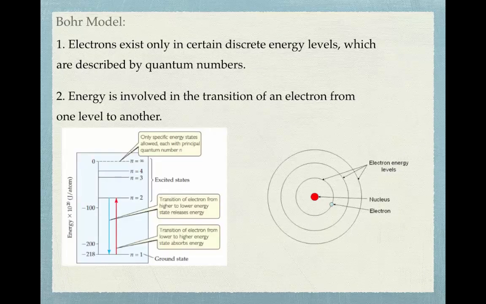If you're going from n equals 1 to n equals 2, that transition from a low energy level to a higher energy level requires energy, so energy has to be absorbed. If you're going from n equals 2 to n equals 1, that requires energy to be released since you're moving from a higher energy level to a lower one. Notice that we're continuing with this concept of specific allowed energy levels, right? The concept of energy being quantized, since you have n equals 1, n equals 2, n equals 3, n equals 4, and etc. Notice you don't have any energy levels that are in between n equals 1 and n equals 2. Energy is quantized. It's very specific amounts of